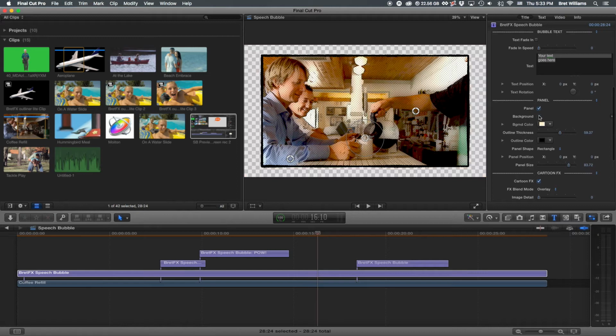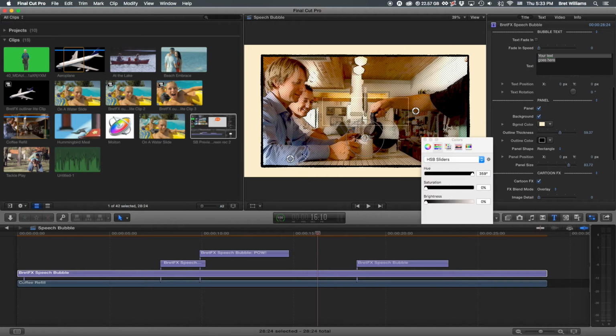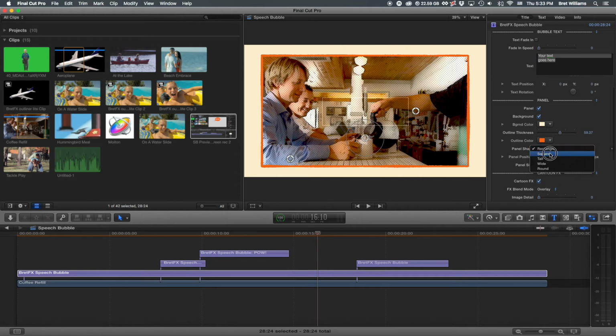that off. So now, if you were to compound clip, say the video and the panel, you could then shrink it, scale it with the regular Final Cut transform tools and create your own comic book. Now I'll leave that on. The outline color is what's getting me here. When you're on rectangle, which is the master layer in Motion, you can change the color of this and it changes instantly. If I change it over to, say, square,